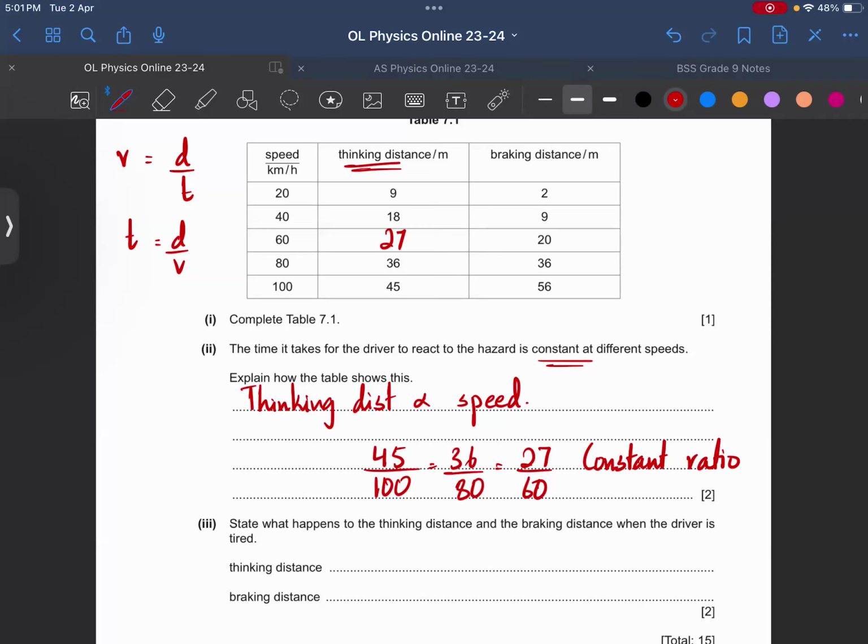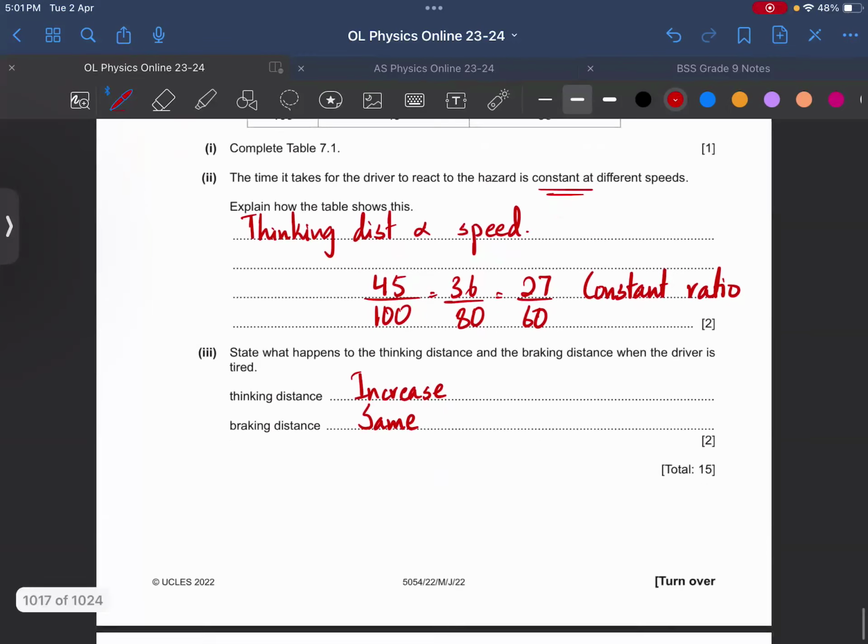All right, B part 3, state what happens to the thinking and braking distance when the driver is tired। Thinking distance को क्या होगा, because he is now going to react slower, thinking distance increase होगा, braking distance का driver के tiredness से कोई ताल्लुक नहीं है, so this is the same।